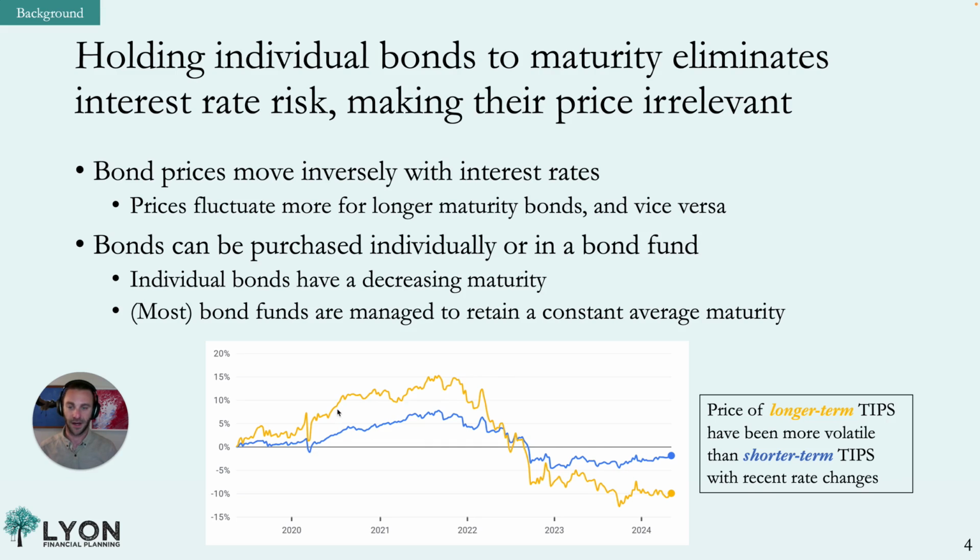I'm showing an intermediate to long-term TIPS fund versus a short-term TIPS fund. The short-term TIPS fund holds a basket of bonds with an average maturity of roughly 2 to 3 years, where the intermediate fund has roughly 5 to 10, maybe 6 or 7 years average maturity. And you'll see, wow, with interest rates having gone down over this period, bond prices